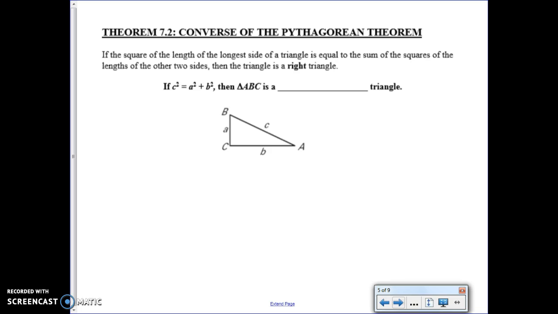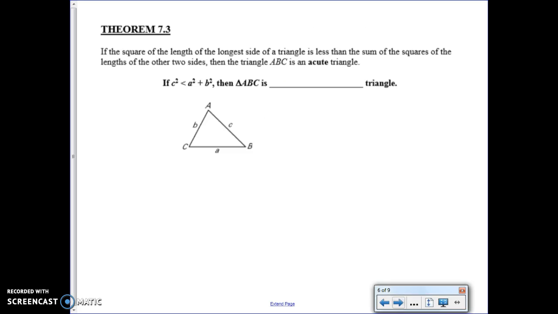Okay, the converse of the Pythagorean Theorem tells us that if that equation works, if c squared equals a squared plus b squared, then we know that we have a right triangle. So now a few things going along those same lines. What if that c value is smaller? Or the c squared value is smaller than the a squared plus b squared value. If it's smaller, we have an acute